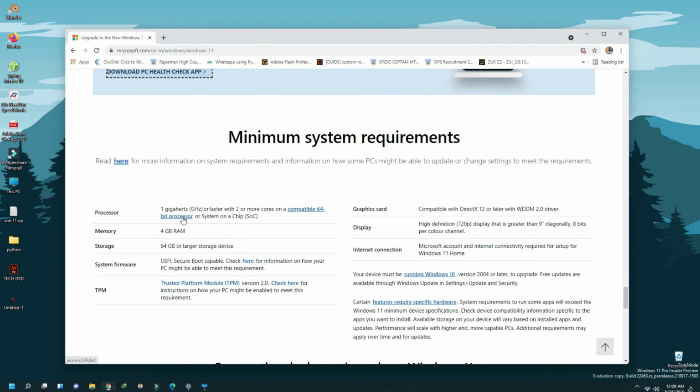The minimum specification requirement for Windows 11 OS is a processor of 1 GHz or faster, at least 2 cores, 4 GB memory, and 64 GB storage, and there is other information that is required. So this is how you can find out the compatibility of your system to run the Windows 11 OS.